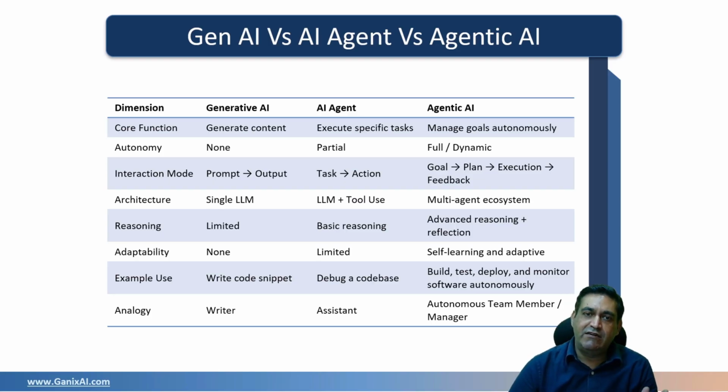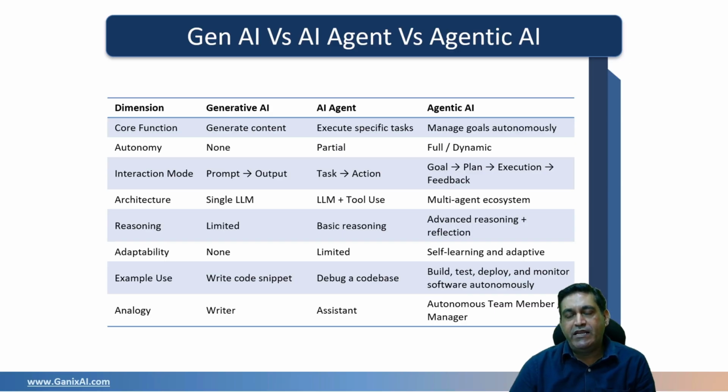An AI agent is one step forward from Gen AI. It executes a specific task. Autonomy is very limited, and the interactive mode is task-oriented. It performs only a single task at a time. Reasoning is limited, and it has very basic reasoning. Adaptability is again very limited. An example is that you can debug code, because you can attach a tool, and the tool is your knowledge base, like the code for which you want the